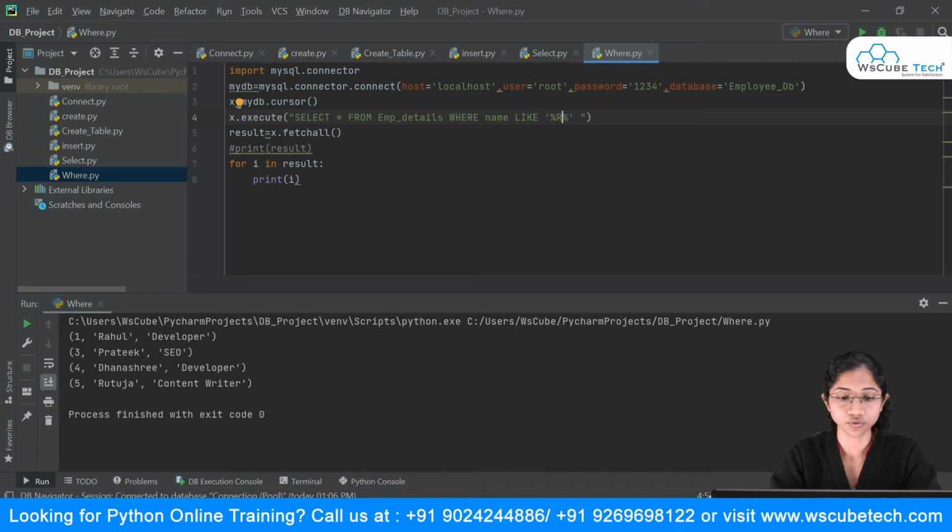Then in Rutuja also. So by making use of this like, you can put that phrase, or you can say a letter inside this, and it will display all the records which are starting with it, which are ending with it, or whether that particular value is contained inside any record in your table. And we can even check for one more.